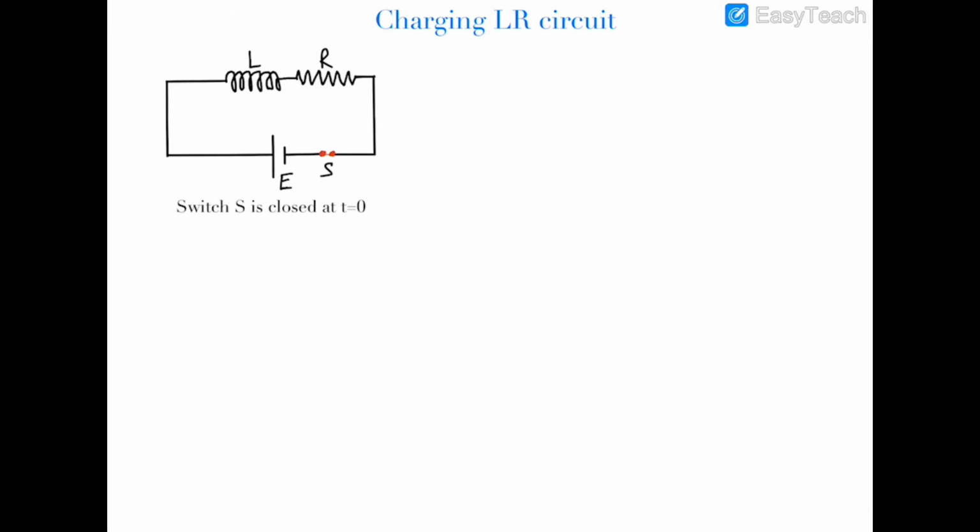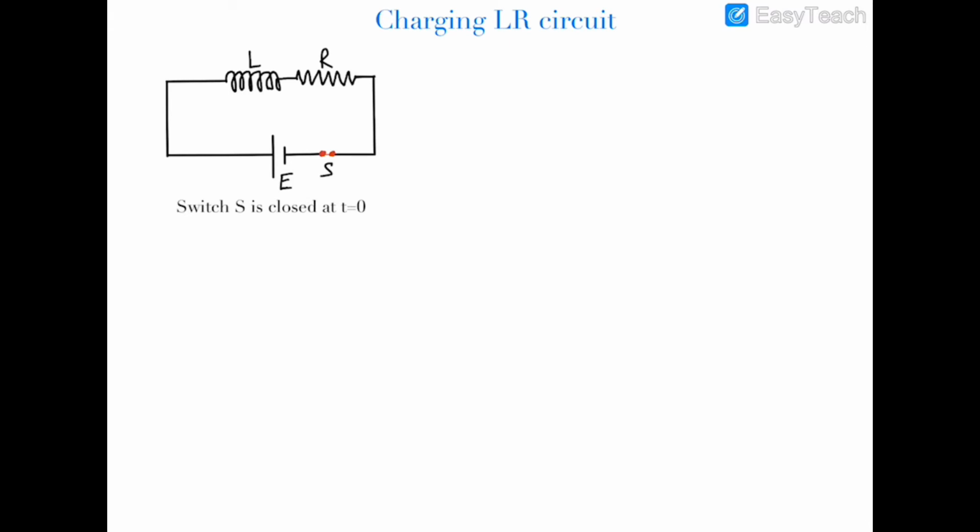So we know that the instant of time when this switch was open, the current in the circuit was 0, and hence the flux passing through that inductor was 0. But as soon as this switch is closed, the current would be supplied by the cell, but inductor would not bear that current because it cannot bear the sudden changes of the current, because if the current will increase suddenly, then a large amount of EMF would be developed across this inductor.